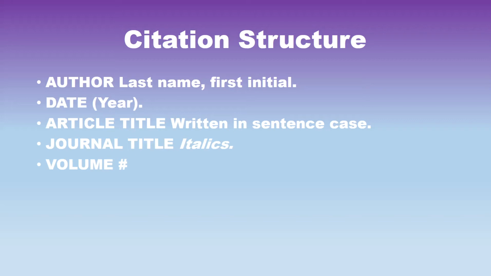Then we get into the volume, issue number, and page numbers of the article. So that's all going to be a thought all by itself. The volume number will be followed by the issue number in parentheses, comma after the issue number, and then the page numbers. Now you won't put any letters with these numbers. It won't be like V17, I22, just numbers in APA. So if you're putting letters in there, take them out, not proper APA style.